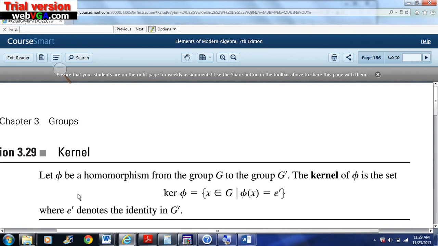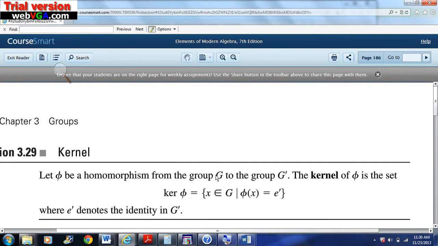The definition reads as follows. Let phi be a homomorphism from the group G to the group G prime. The kernel of phi is the set ker phi. That's how we symbolize the kernel of phi. It's the set ker phi equals the set of all x, a member of G,